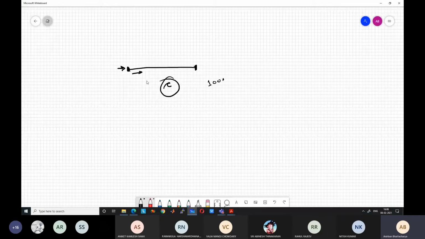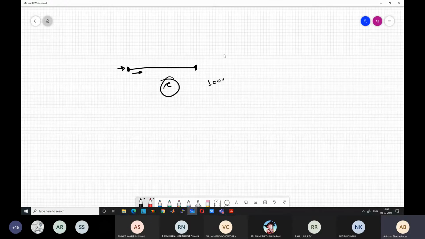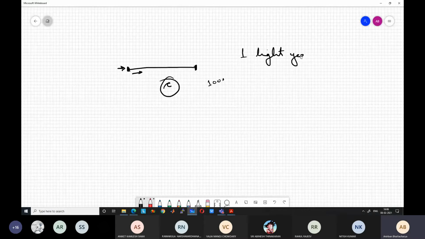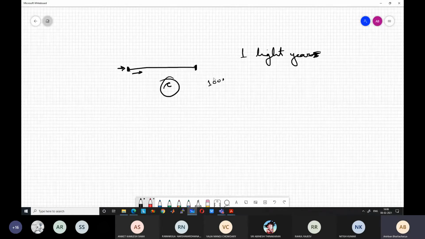So imagine a situation where the rod is very long, okay, it is 1 light year long. Sometimes you will see this type of tricky question asked. It is 1 light year long. Okay. So then somebody asks: if I push this end, will the other end start moving immediately? Some people say that it will start moving immediately because it's a solid rod, because it's made of solid material.